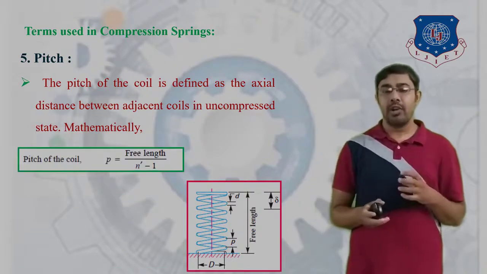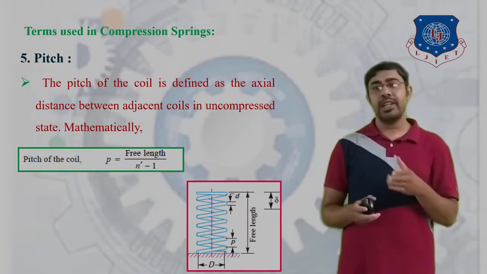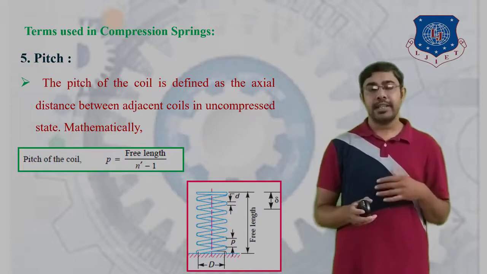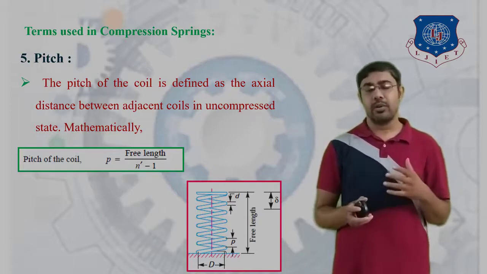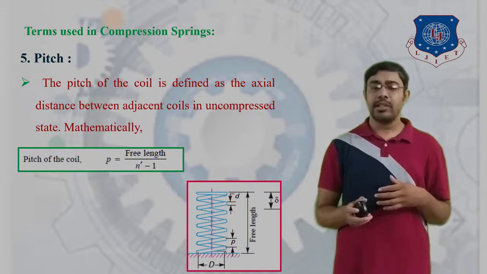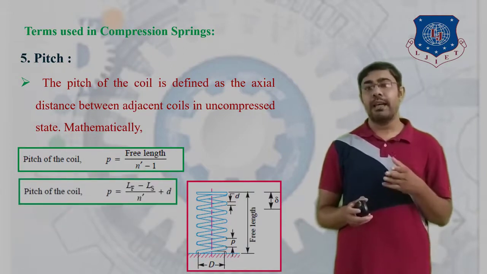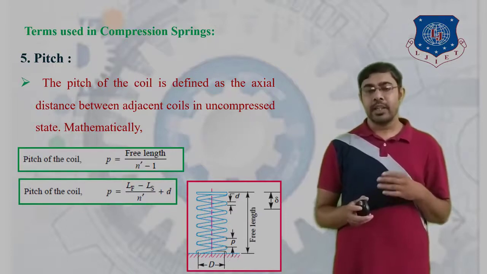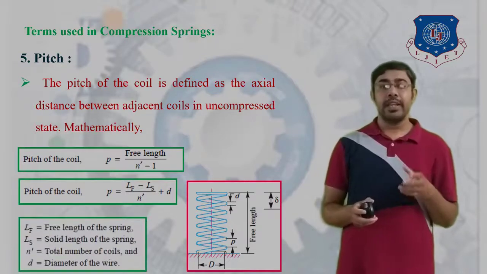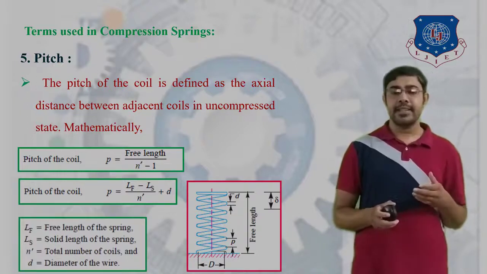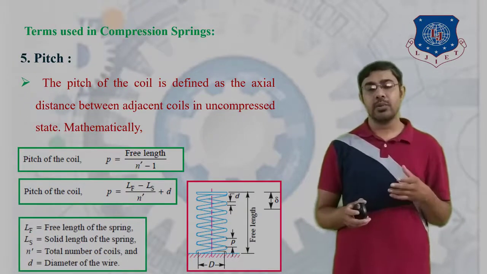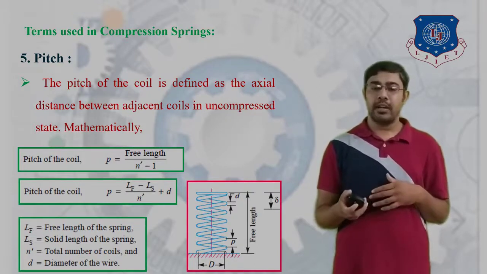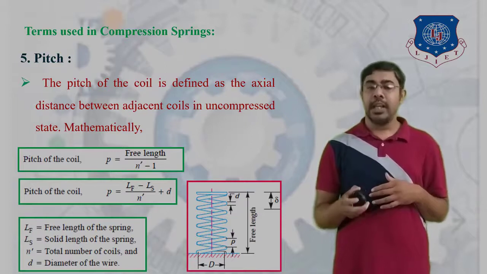Mathematically, the pitch of coil is P equal to free length divided by N dash minus 1. Here N dash is the total number of turns or total number of coils. You can also write P is equal to LF minus LS divided by N dash plus small d. Here LF is the free length of the spring, LS is the solid length of the spring, N dash is the total number of turns or coils, and small d is